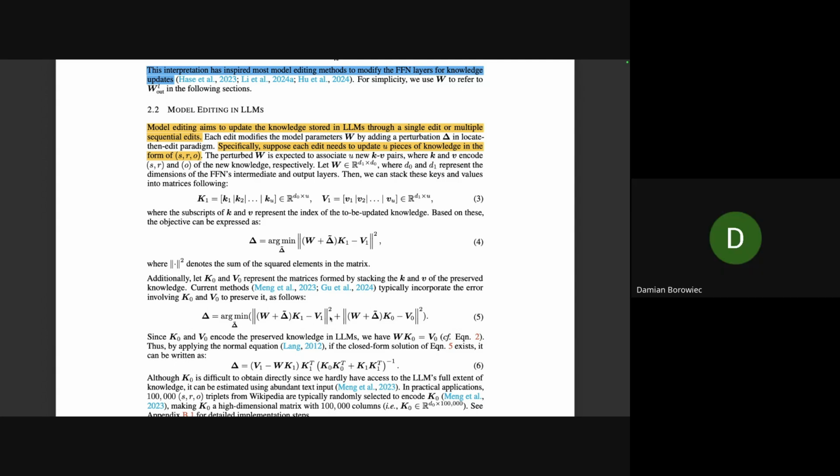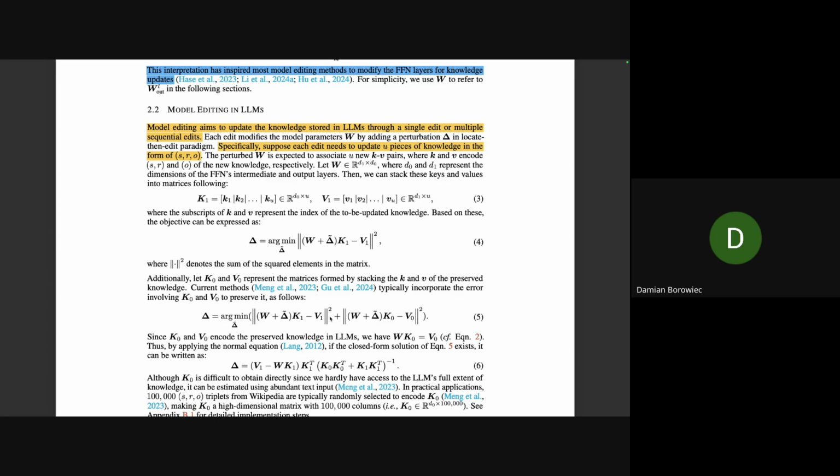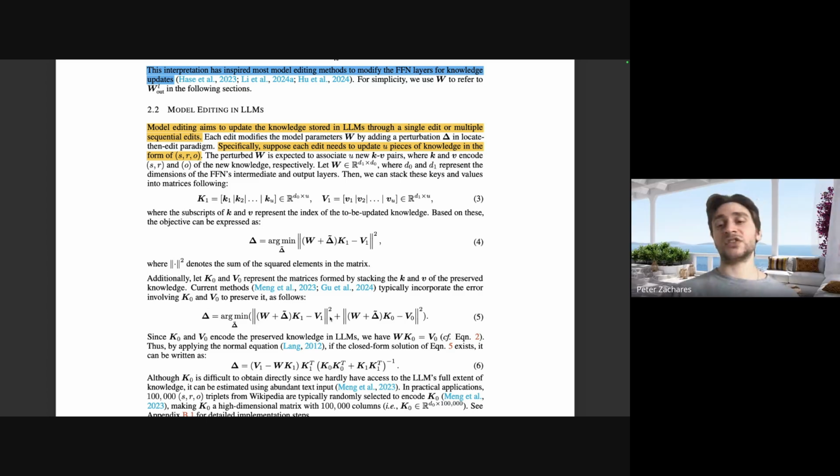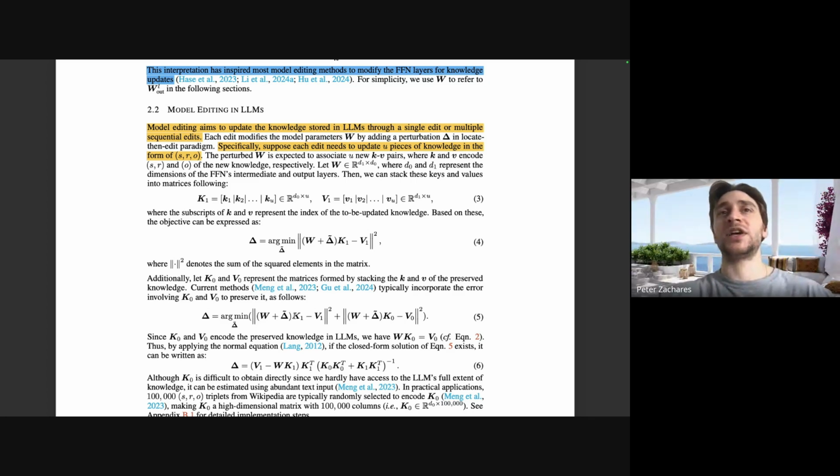So in equation 5, the only variable you can control is the W, right? It's the delta, actually. You can't change the W. So you're trying to find a delta that will satisfy both the old knowledge situation and the new knowledge situation, such that the new knowledge does not affect the old knowledge in a wrong way. Yeah, so the update preserves the old knowledge you have in the LLM. Yeah, that makes sense. So that's why you have both of these in the objective.